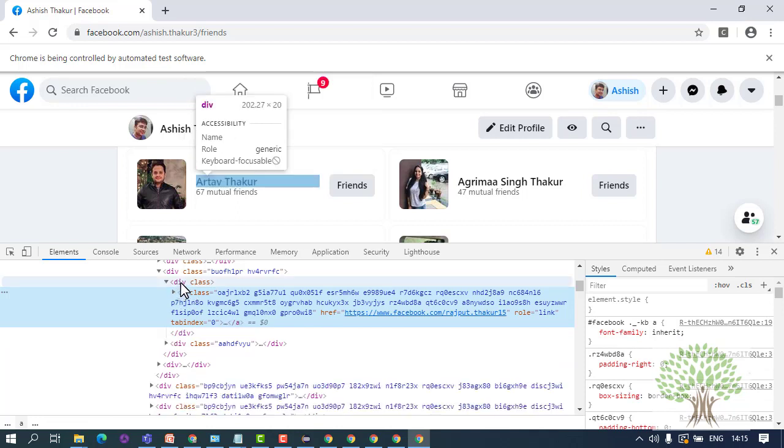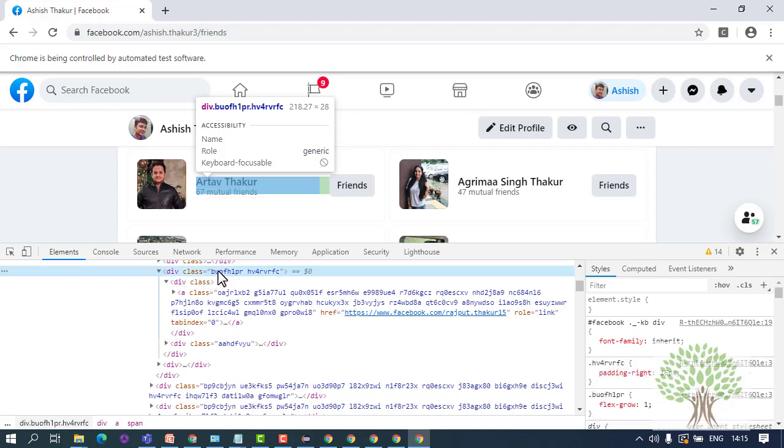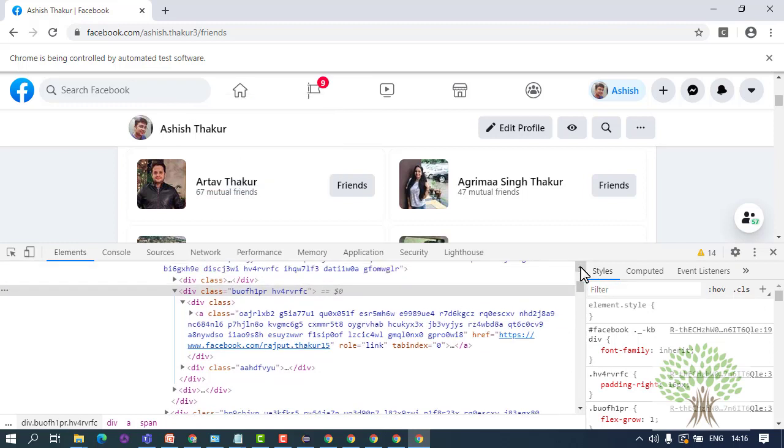This link is inside this division, and this division is the whole division. You see that I am highlighting this division in the page source. It's highlighting the corresponding code it represents on the web page. This division represents the whole thing, Arthav Thakur, 67 mutual friends.